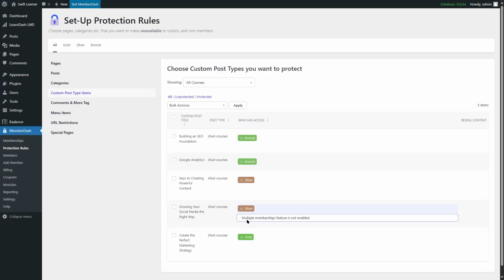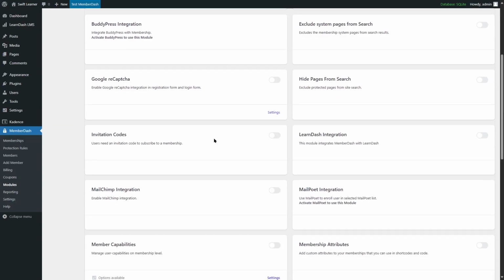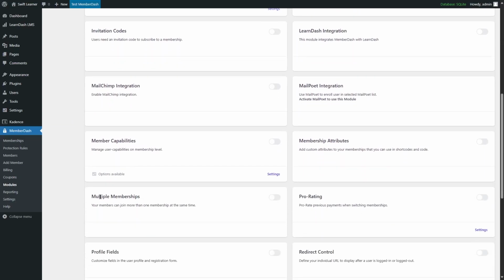courses. To do that, we have to enable the multiple memberships feature. So let's go ahead and do it. We're going to click on modules, and from here, we're going to scroll down, and here is the multiple memberships. Here you can read your members can join more than one membership at the same time. So we're going to enable this module,